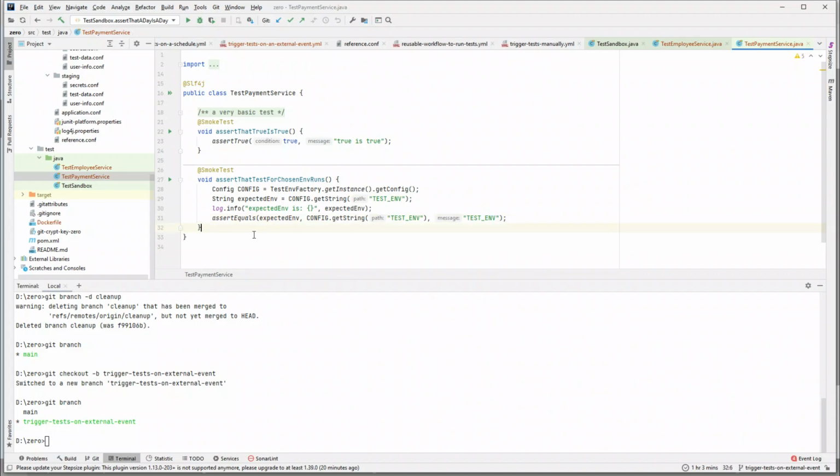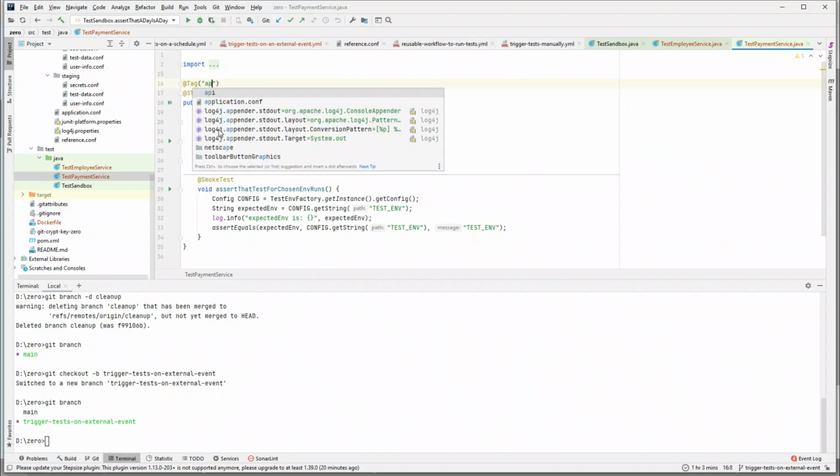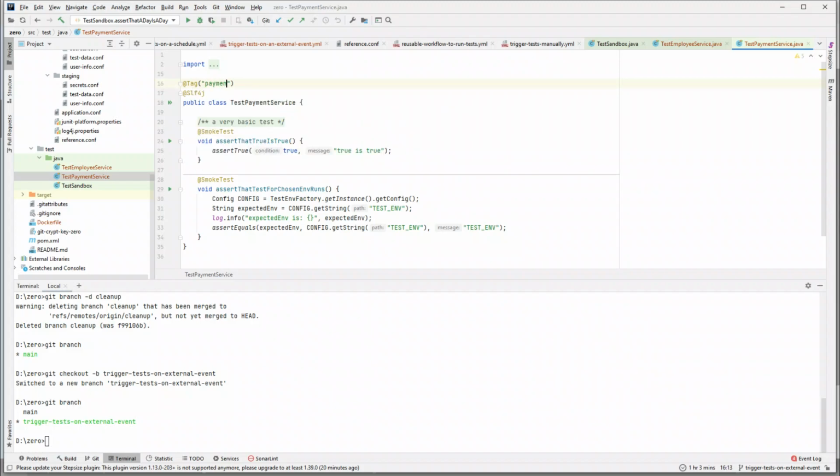And how can we tag this test? If you know that all these tests are for payment service, you can write a tag at the class level. You don't have to specify it at the application level, right? And even though you have smoke tests also, these are both smoke tests and also payment service tests, right? So let's call them payment